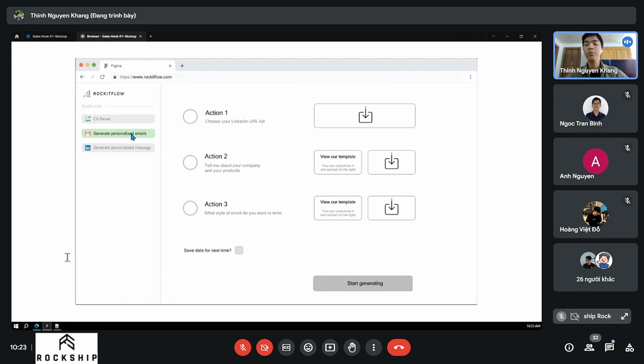Our product combines two mini apps. The first one is generate personalized emails, and the second one is to generate personalized LinkedIn messages. I'll talk about the LinkedIn message in another meeting. This meeting is focused on generating personalized emails. As you can see, we have three different actions here. The first one is to choose your LinkedIn URL list. You can click here